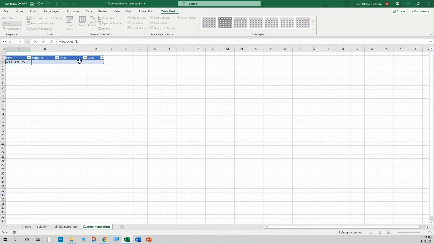Starting the first purchase order from 10,001. So we enter 10,000, and then we're going to add the row number. So we're going to type row, open bracket, and we're going to click in A1, close bracket,